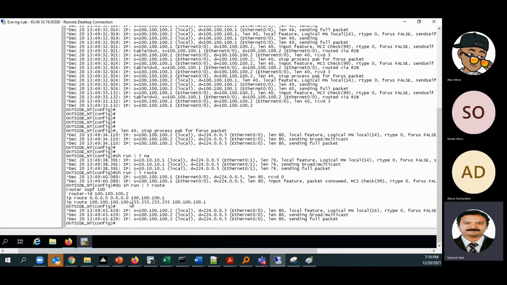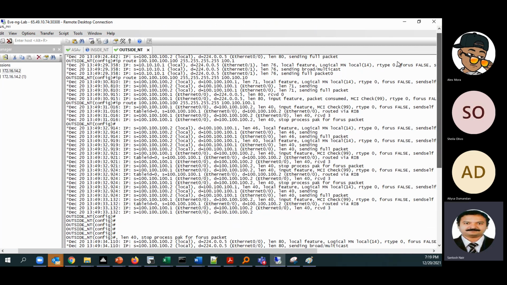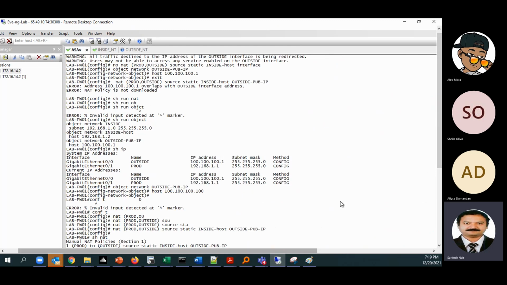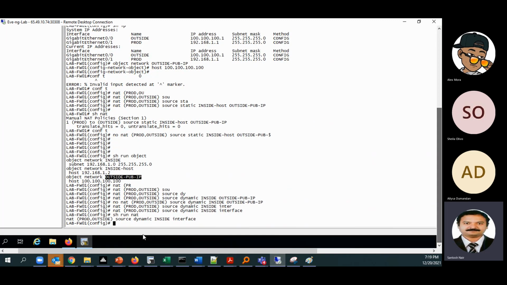Okay, so I have NATed this particular IP, one more IP address. What I am doing is I am configuring one more static NAT here. So already we have a dynamic PAT there.